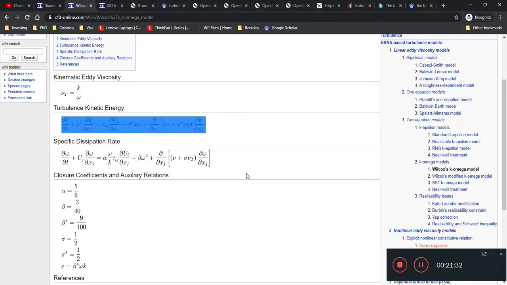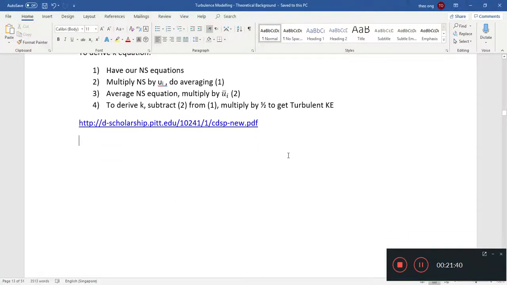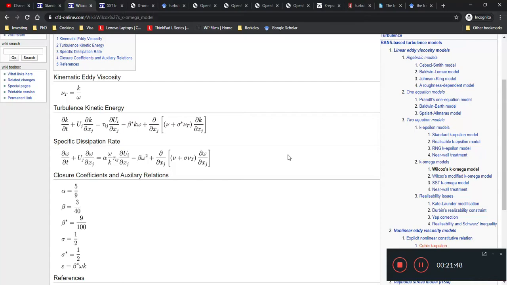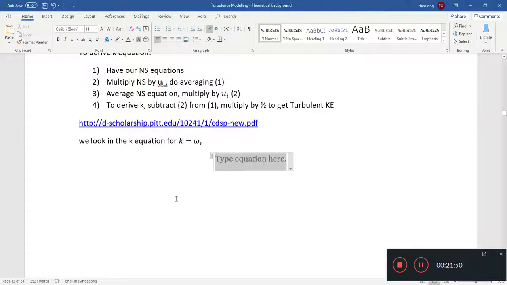And for the K equation, the turbulent kinetic energy part, if we look at the K equation for the k-omega model, from this website,